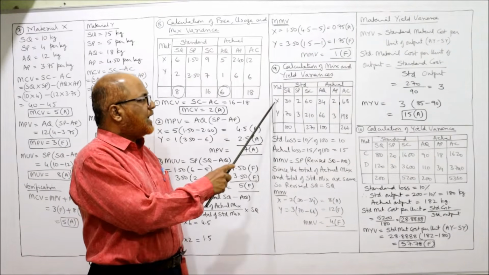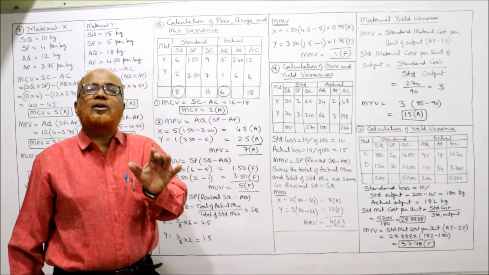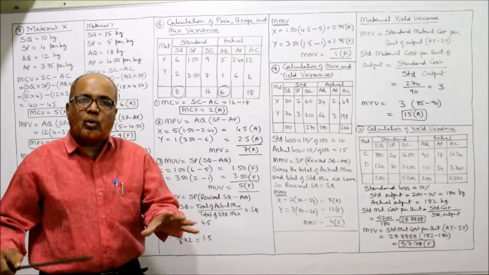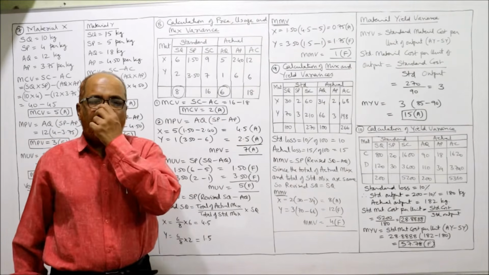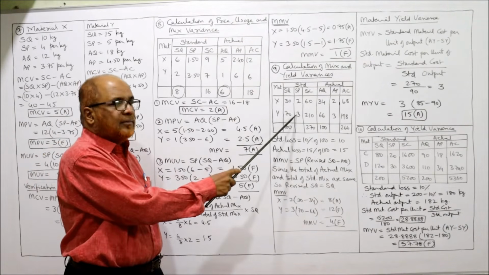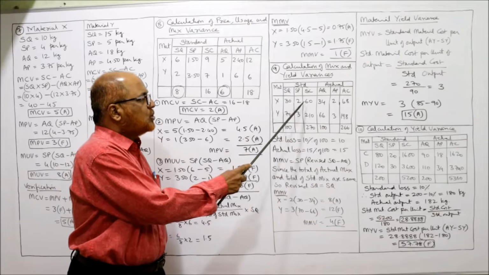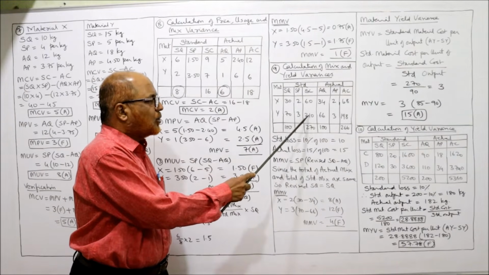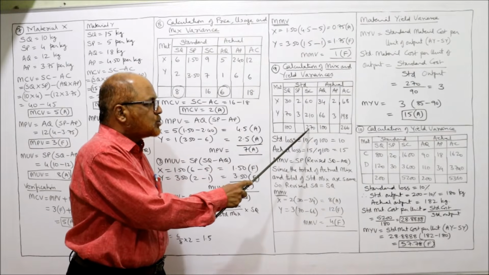Two materials are there, X and Y. The standard quantities are given: 30 kilogram and 70 kilogram. The total input is 100 kilogram, and standard price is 2 and 3. So multiply 30 into 2, 60 is the standard cost. 70 into 3, 210 is the standard cost. So total standard cost 270